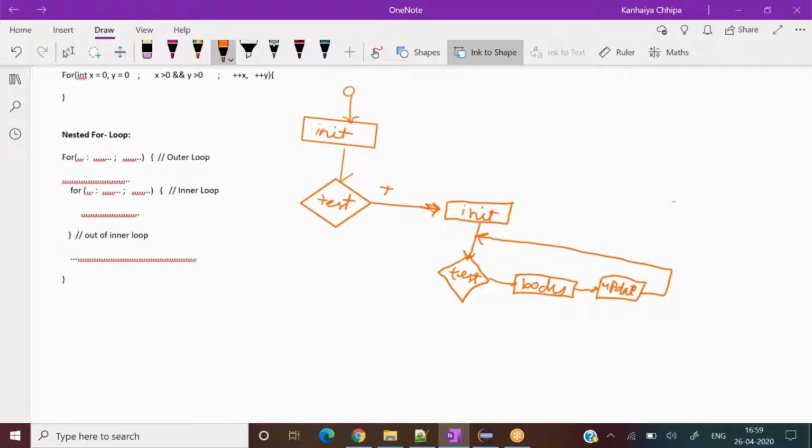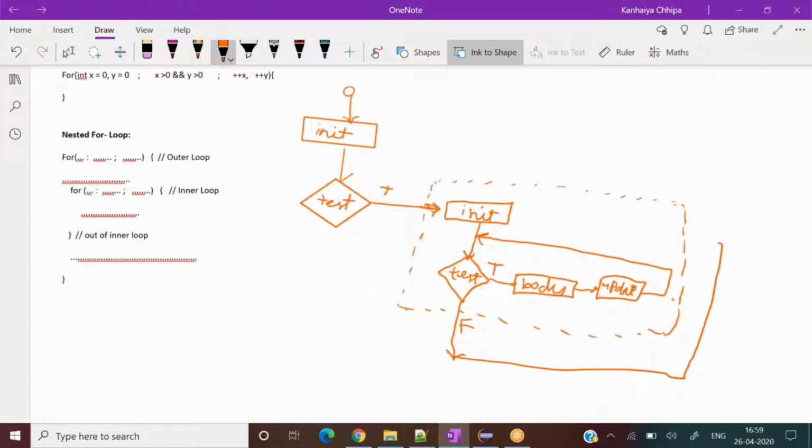So what I have done, this is my inner loop. If it is true, it will go in this direction. If this is false, now see, if this is false, then it will go to the outer loop, and the update will come here with respect to the outer loop.